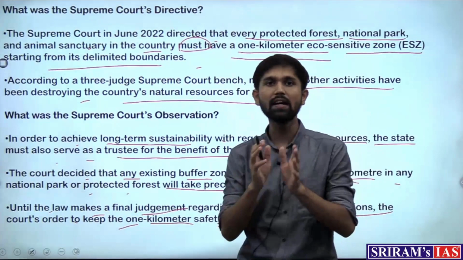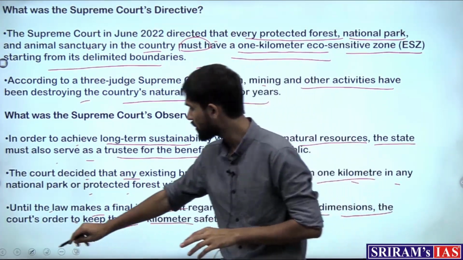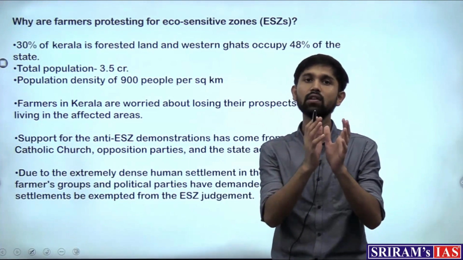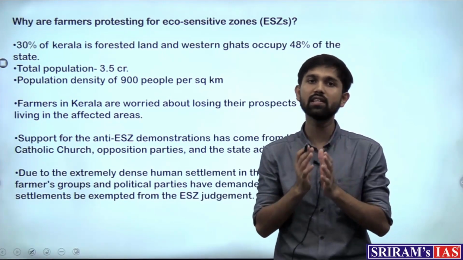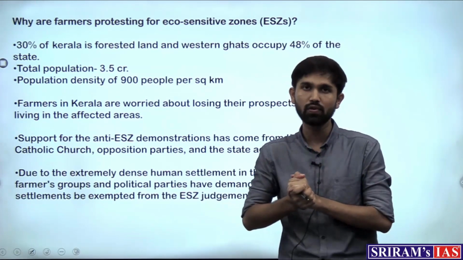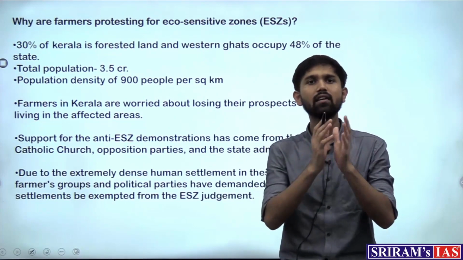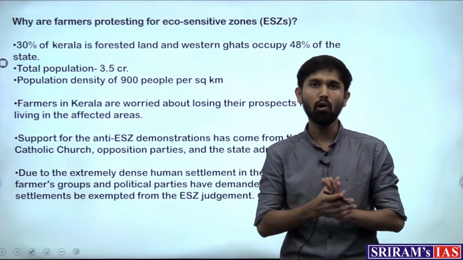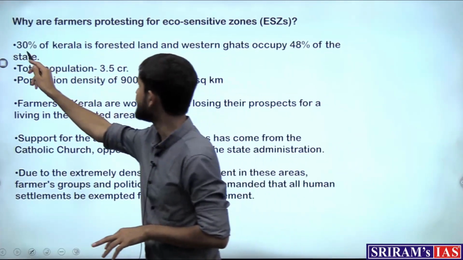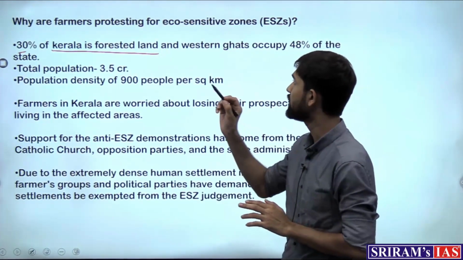Alright, so after understanding Supreme Court's order, why is Kerala protesting this Supreme Court order? What is the state with Kerala? So Kerala authorities feel that they have a strong motive for objecting to this move of mandatory eco-sensitive zone for all national parks. Why does it feel that this mandatory eco-sensitive zoning for all its national parks and wildlife sanctuaries is damaging to it? It is because 30% of Kerala is forested land. This is according to the Kerala authorities, what they're pitching.